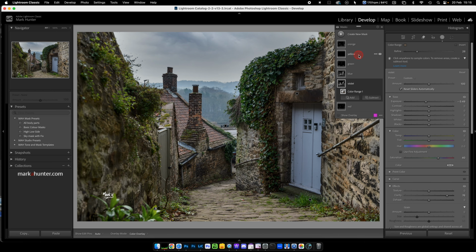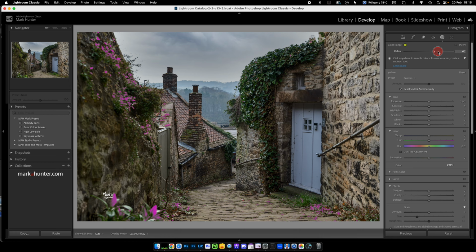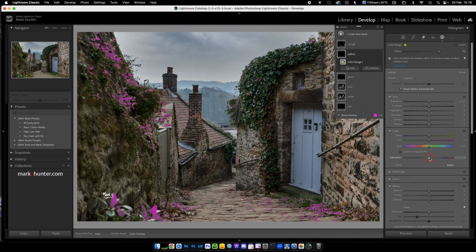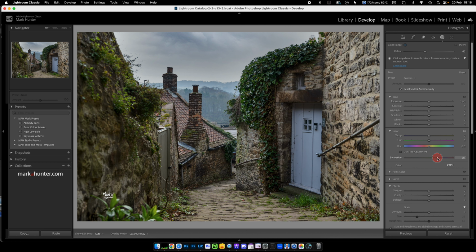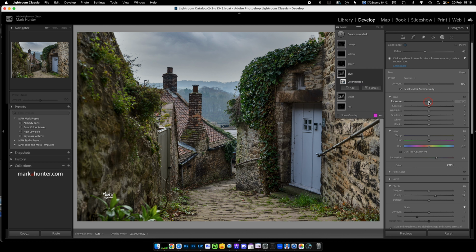And now I think I want to do the same with yellow, albeit the yellow isn't very much, so in this case I am going to increase the range of the yellow to get it into that stonework, and I'm going to do the same thing, saturation, clarity, and also bring them down a little bit. And I think finally I'll go blue, probably a little bit too much blue there. I'm going to bring that down, and again I'm going to go saturation on the blue, clarity, and darken it a little bit,